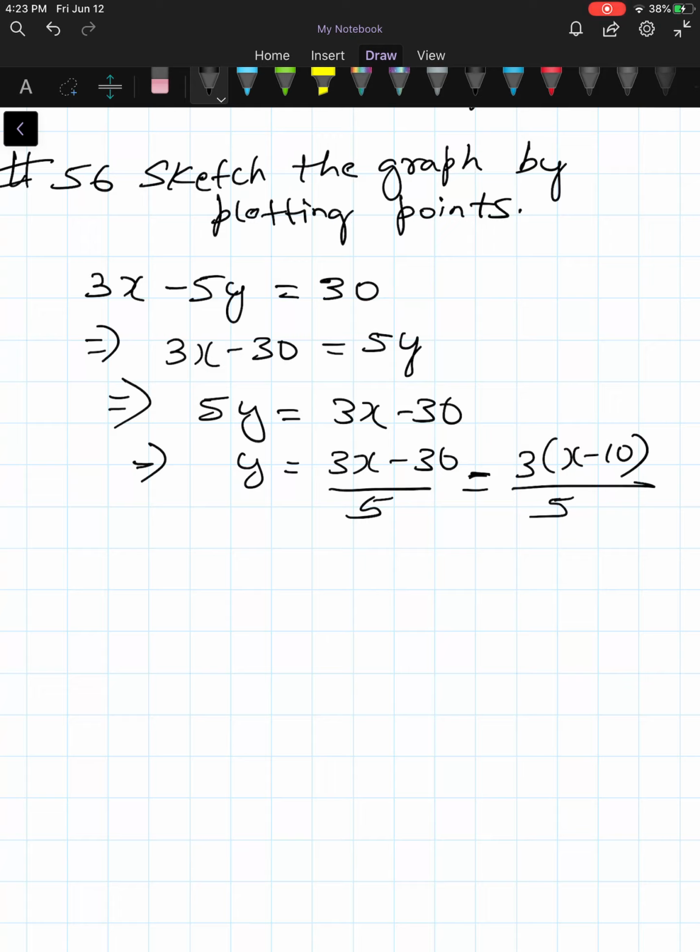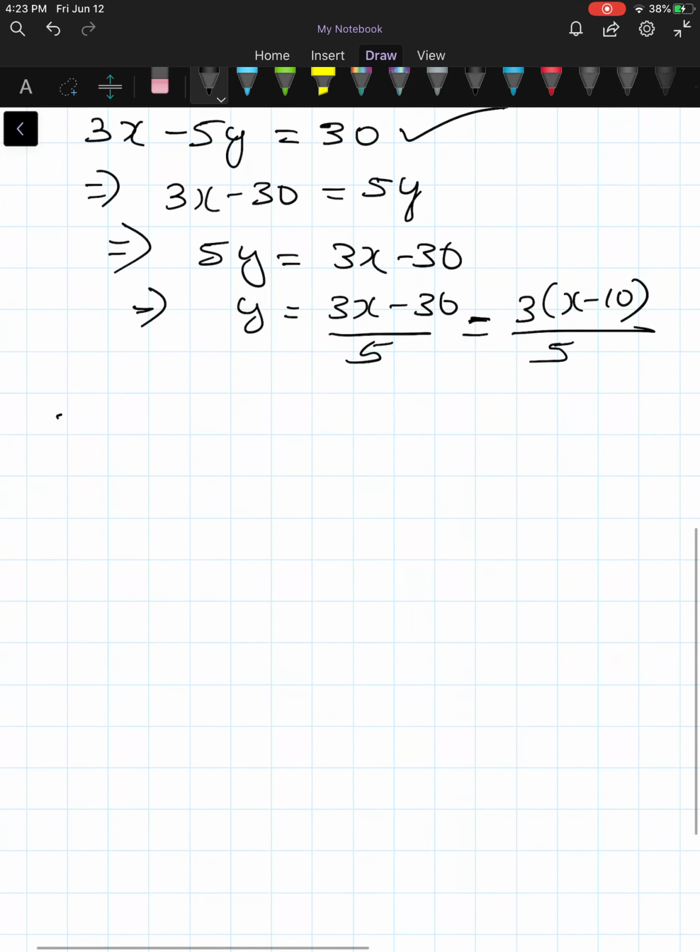Now, arbitrarily choose some values of x. You know that x can take all the negative values, from negative infinity to infinity. It can take all negative real numbers, it can take 0 as a value, and it can take positive numbers as a value. You choose arbitrarily some handful of values for x, substitute them in the equation and find out correspondingly what the value of y would be. Then you will get certain ordered pairs that satisfy the equation. Plot them on the coordinate plane, which you learned in the previous video, and connect all the points to see how this equation looks on the coordinate plane.